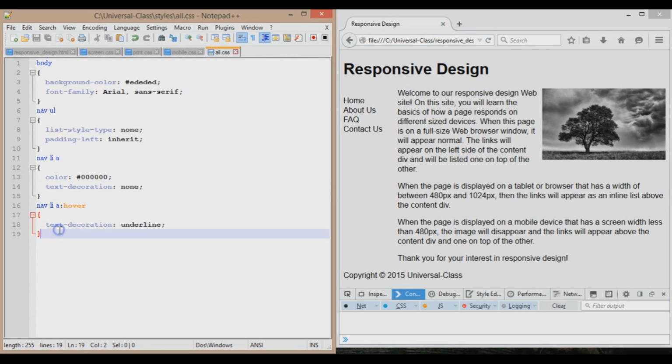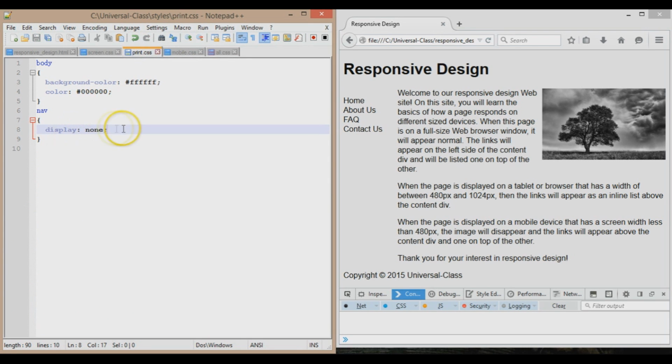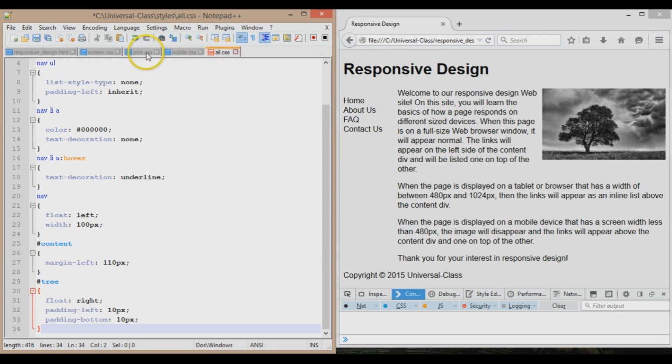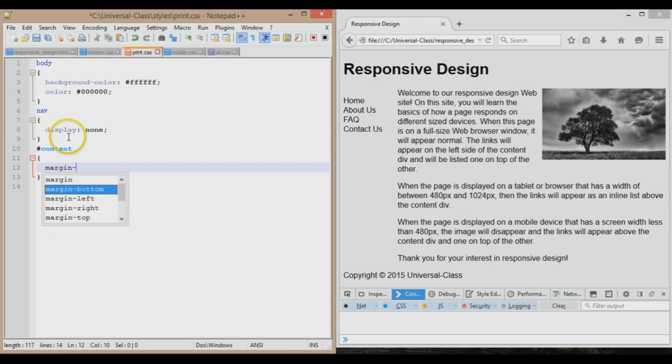Okay, so now what this means is that every page is going to have something that overrides this. So if I am in print, I need something to override nav. Nav is going to be display none. Well, that doesn't show up at all, so we don't have to worry about it. Content in print has margin left of 110 pixels, and it's going to be indented a little bit, so I don't want that to happen. So what I can do here is say content's margin left is going to be inherit, just like we did with the